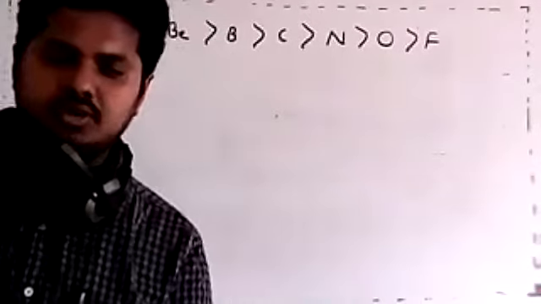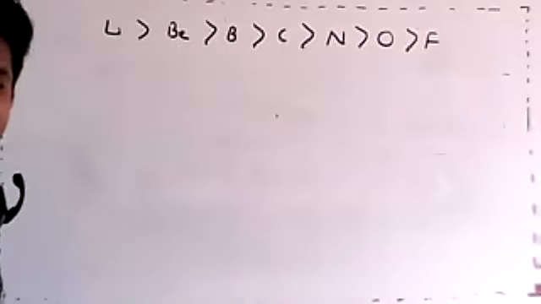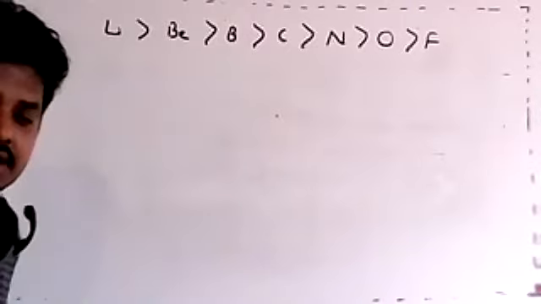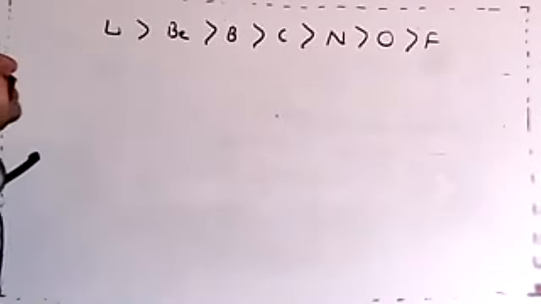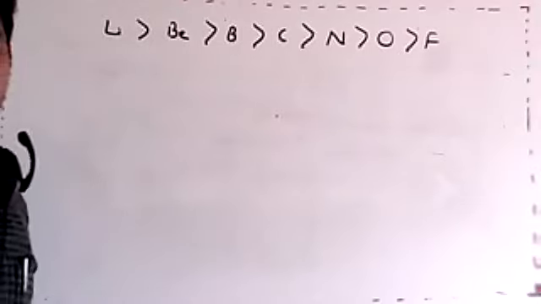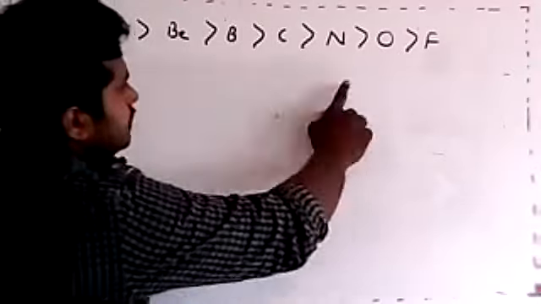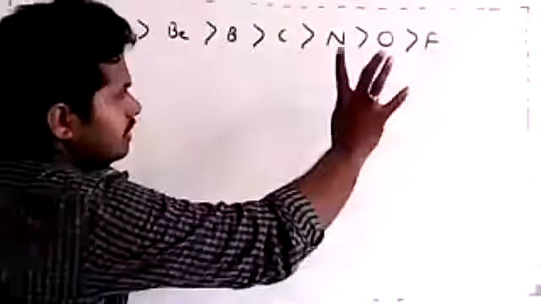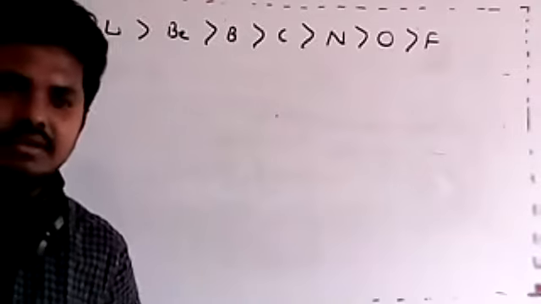Octet. What if the octet is complete? Why, Aditi, if it is stable, is the atomic radius not considered? Pawan, I'm asking that only. Why is the noble gases' atomic size usually not considered? Even in your book you might have seen it. They will start from lithium, but they will never end with the noble gas. It will end at fluorine or chlorine or bromine. So why is it that way? Anyone?